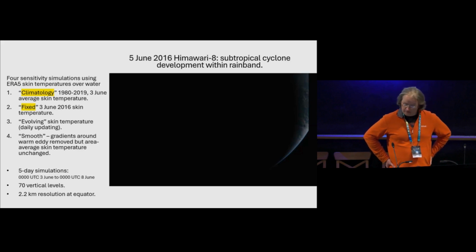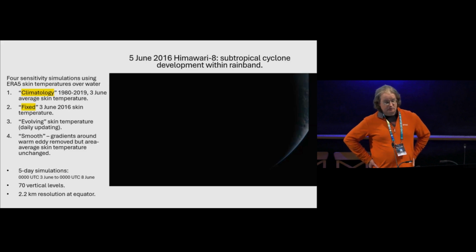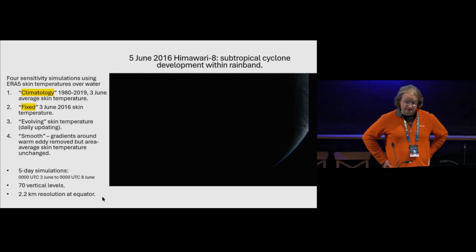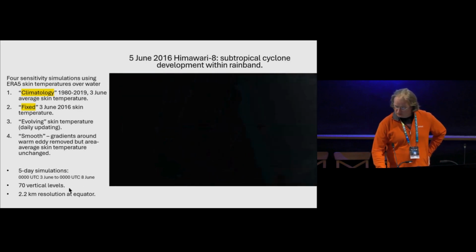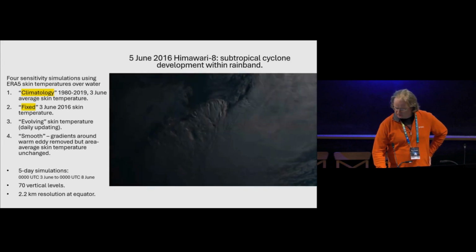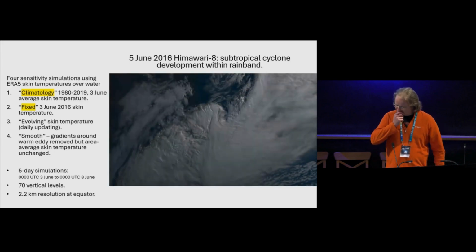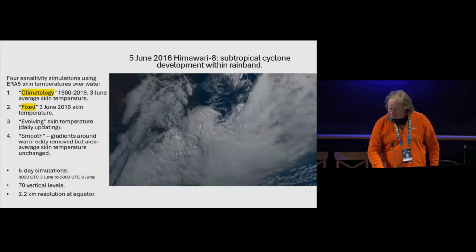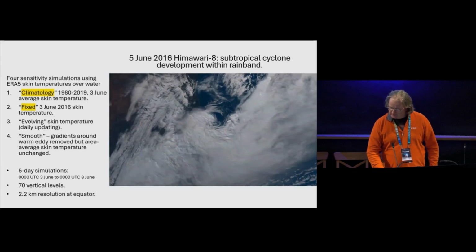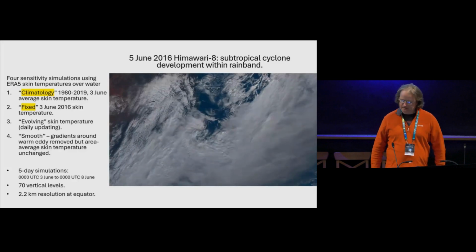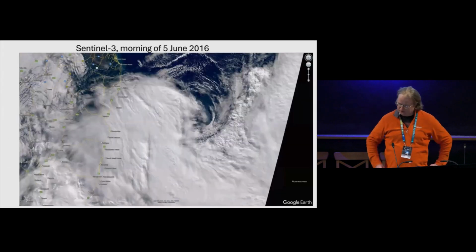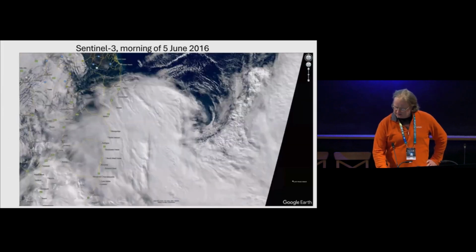And this case was a real heavy rain event, extensive heavy rain event that affected most of Eastern Australia from southern Queensland up through New South Wales and into Tasmania. I wanted to show this animation on the 5th because during this case there was the development of a subtropical type cyclone, an East Coast Low, which East Coast Australia is known for. And if I go to the next slide,